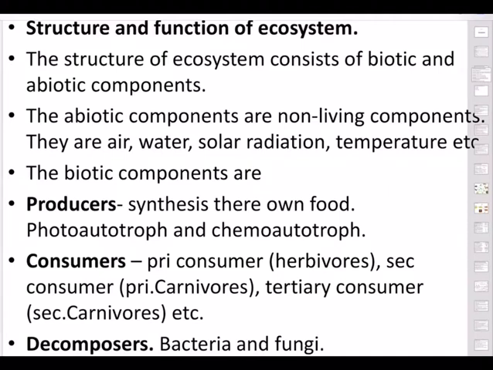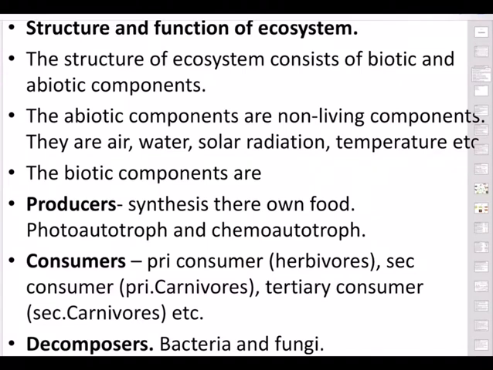I will repeat. The four important functional aspects of an ecosystem are: productivity, which is the amount of product that is formed; second, decomposition, how much is being wasted or decomposed; and then energy flow, what is the net energy that is flowing at a given time in an ecosystem and in each organism; and then nutrient cycling, how the nutrients that are present in the soil are getting recycled again and again through various species and coming